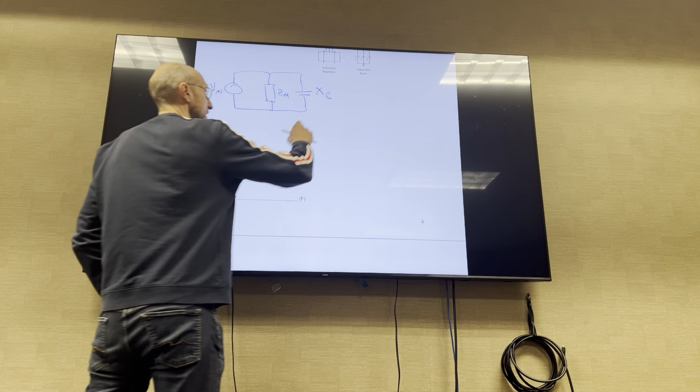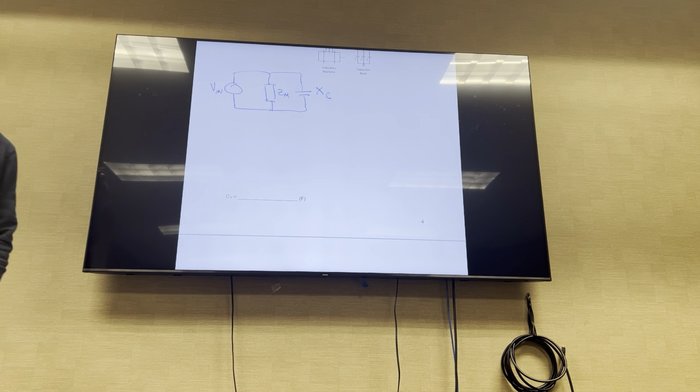It's going to be the machine, the impedance of which I don't actually know. I'll call it ZM for machine. This will be V, let's call it Vn. Let's for now find the reactance of the capacitor, and then we'll find the actual capacitor value. So that's my equivalent circuit,